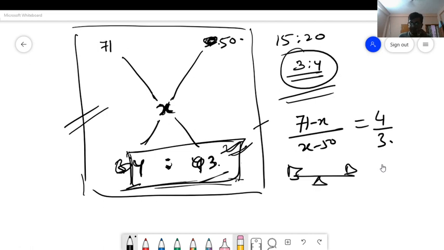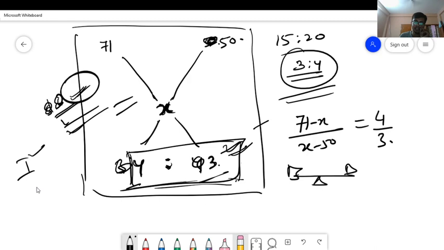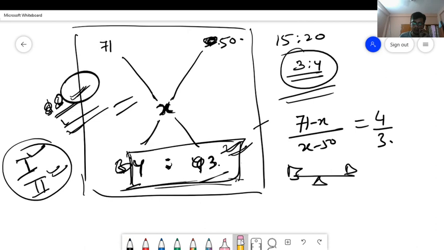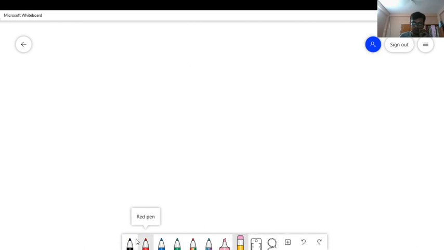Okay, Ravi Teja. That's why I am discussing different methods, so that you get the total idea of how to proceed with different types of questions. In one question you may get the answer with the first method, and in another question you may get the answer by the second method. Now let's move to the questions.